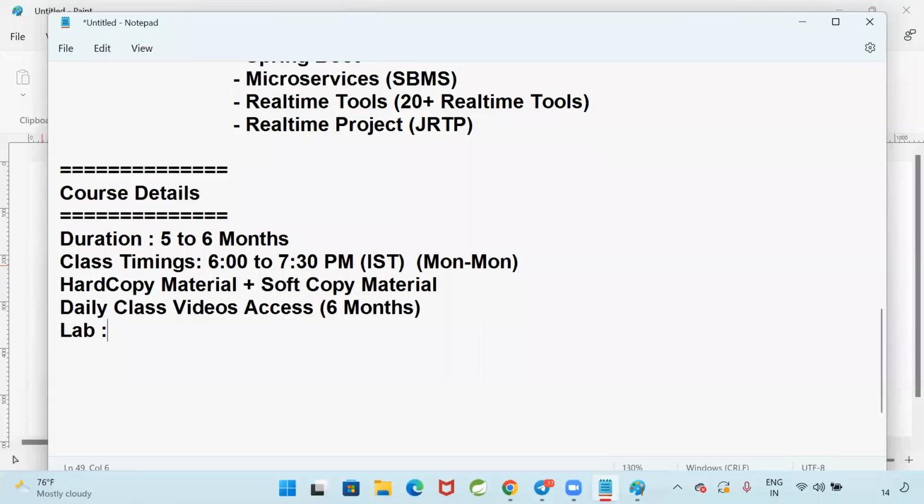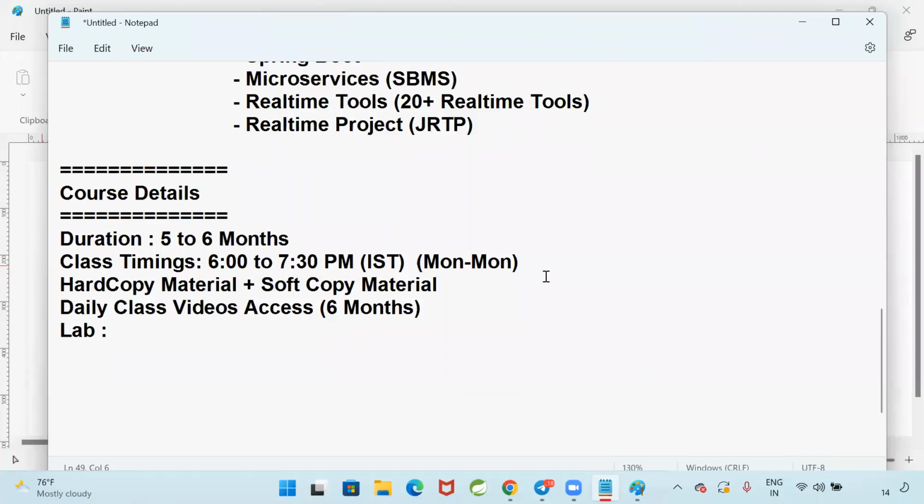Yes, Chandu, you can come here. So Chandu, he is my previous batch student and currently is working in the IT. He is having real experience. He is the lab mentor for us. He will be available morning from 9 o'clock to evening 6 o'clock. He will be available here. So whenever you are practicing, if you get any doubt, he will be there for you to help.